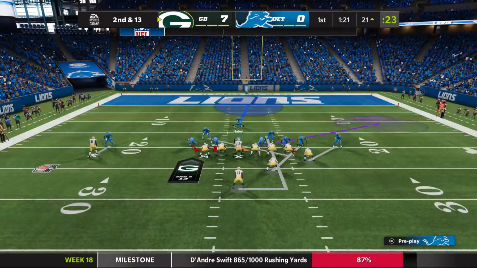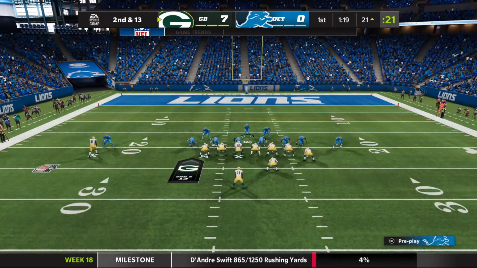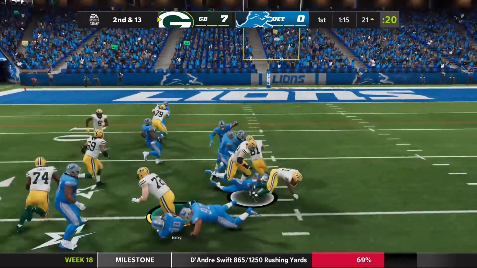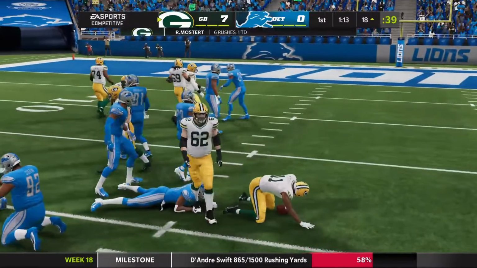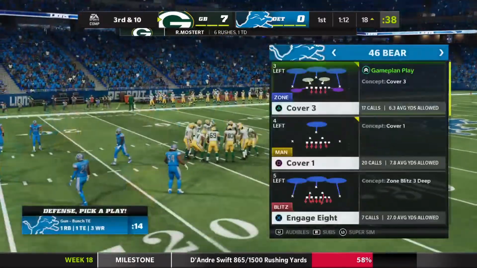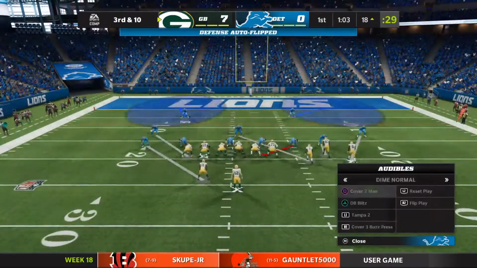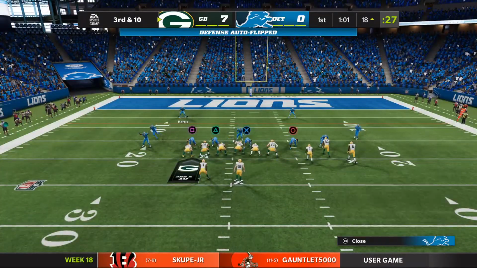So now they have to contend with 2nd and 13 after the first down run goes backwards. Running the counter with Mostert. He's dropped just inside the 20. A little second effort there, but couldn't find a whole lot of space. 3 yards on the pickup there, and they've got it back to 3rd and